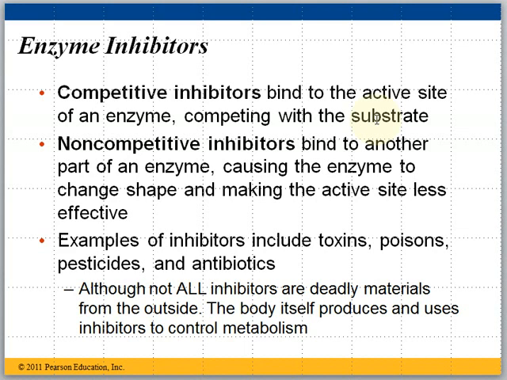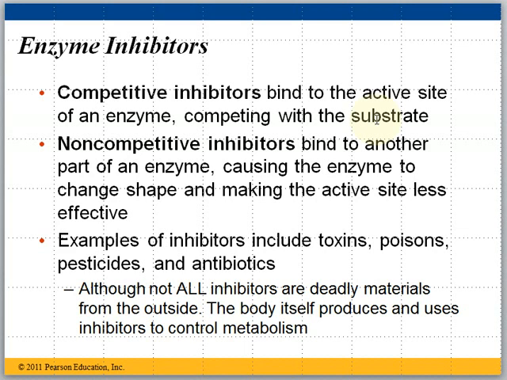Another type of this is called non-competitive inhibitors. And this would be where a material binds not to the active site of the enzyme, but to another part of the enzyme. But binding to that other part causes the shape of the enzyme to change, and then the active site is no longer the right shape or size for the substrate to get in there and create the reaction, making it less effective, basically. Some good examples of inhibitors, competitive or non-competitive, are all sorts of toxins and poisons and